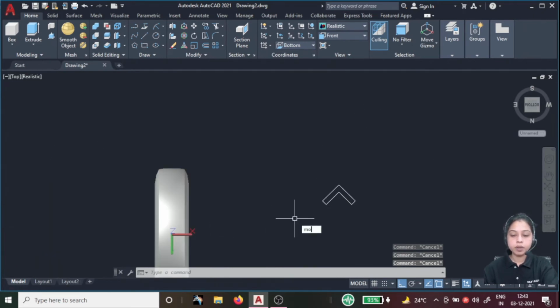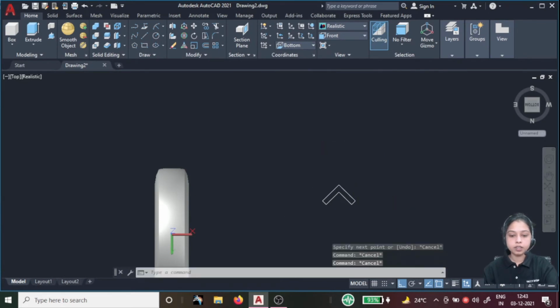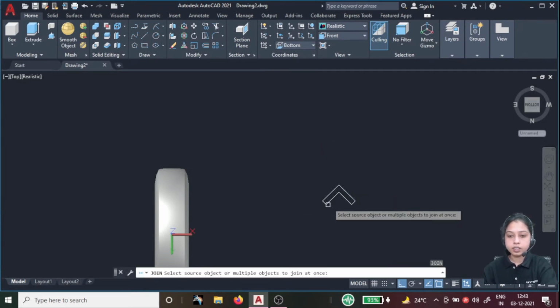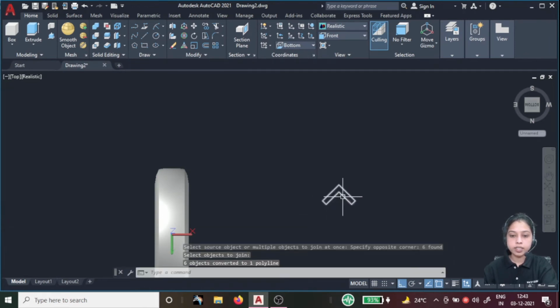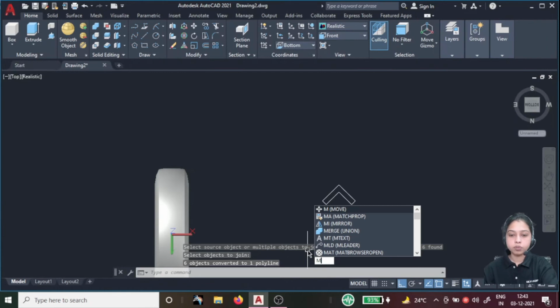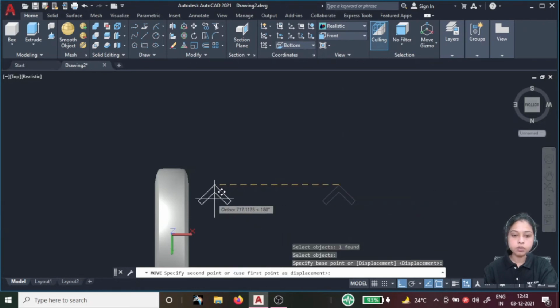Now it's time to move your object onto this surface. So move, M, enter. First we need to join all the objects. For the join, J, enter, select the total object, join it as one entity, and go for the move, M, enter, select the object, enter, and this point we need to move over here.